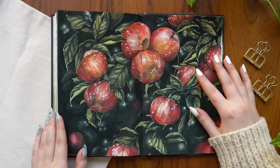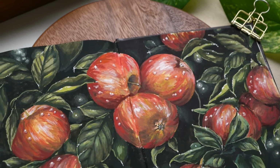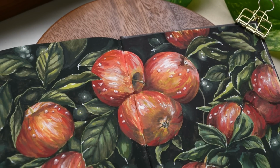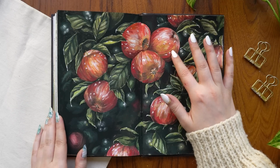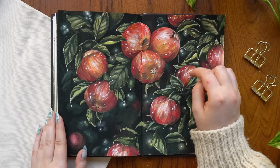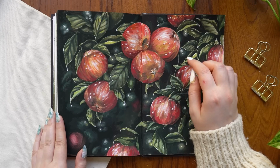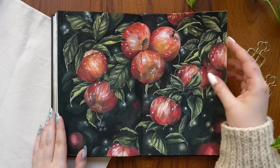But I think that I noticed that this really lacked the contrast, so I added some white spots on the raindrops here, and then I also felt like, if the apples have raindrops, maybe the leaves do too. So I just added some white highlights on the leaves, and I was like, oh, that's actually quite a fun look. And then I was just adding it more and more and more, and at the end